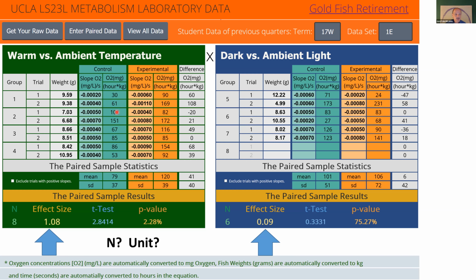Then the paired t-test takes the difference between these data points, and you get the statistics. That's a paired sample result. But here's also the effect size: the t-test, the p-value, and the effect size. This is a large effect size, obviously, and this is a small effect size.